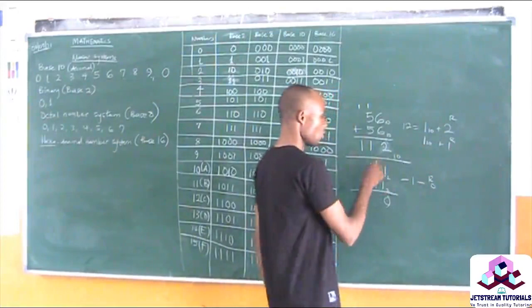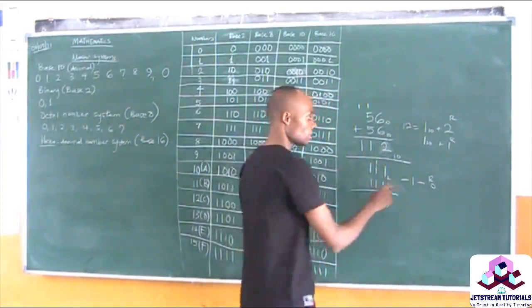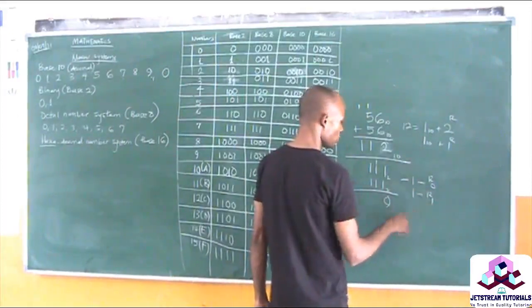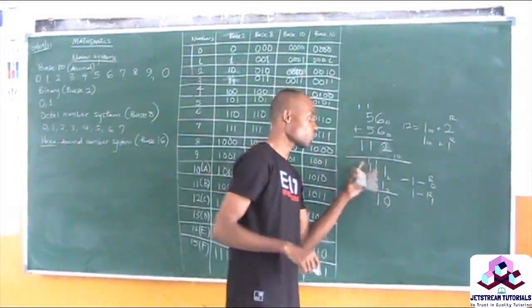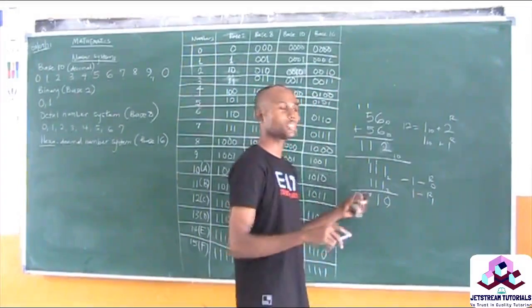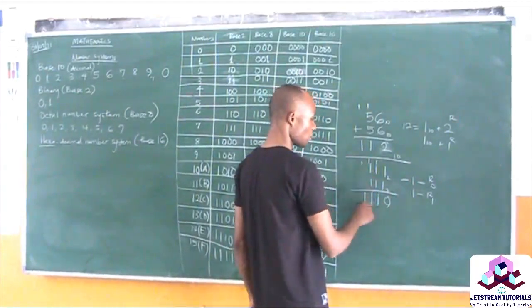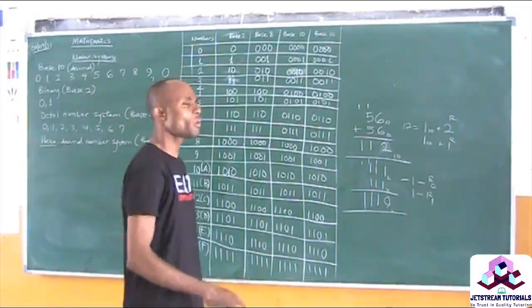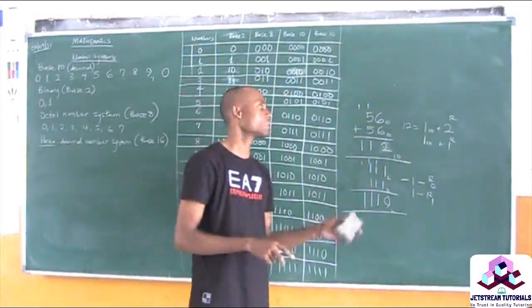Take the 1 here. 1 plus 1, 2 plus 1, 3. How many 2 do you have in 3? Is 1, remainder 1. So you write 1, write the 1 here. 1 plus 1, 2. 2 plus 1, 3. How many 2 do you have in 3? You still have 1, remainder 1. Bring down the 1. So this continues. Whether you are adding, subtracting, multiplying or dividing, the same method